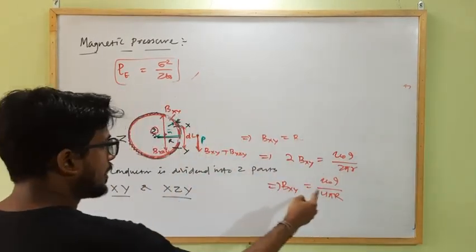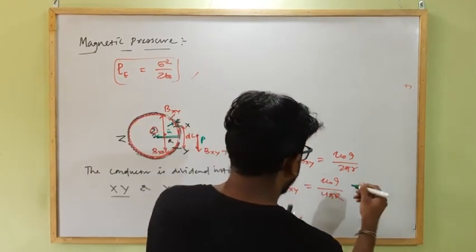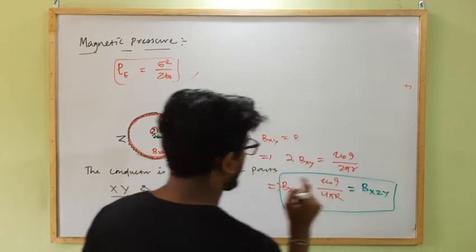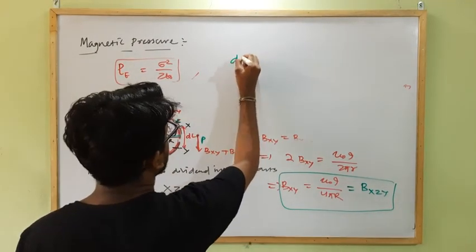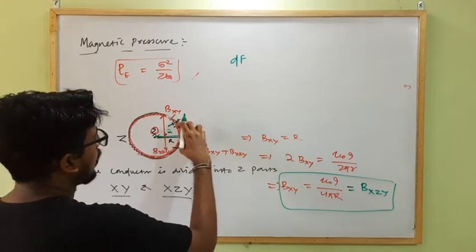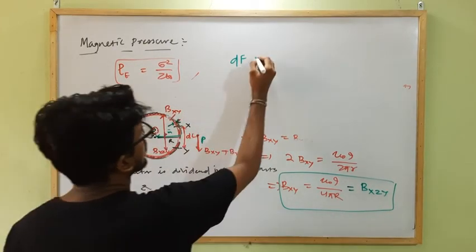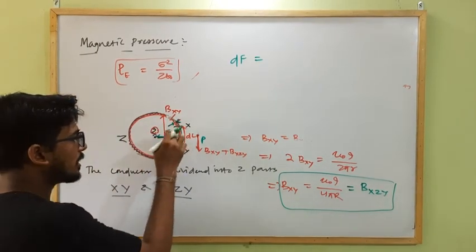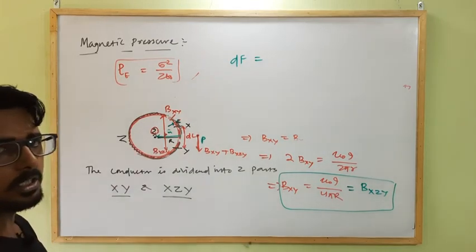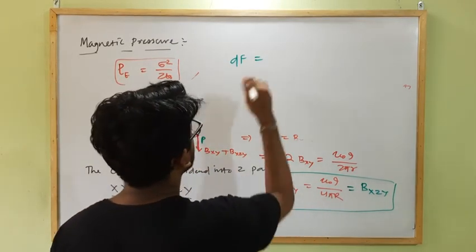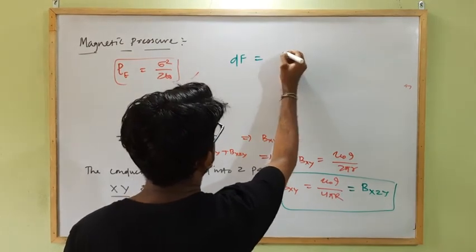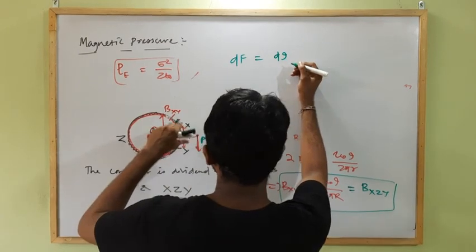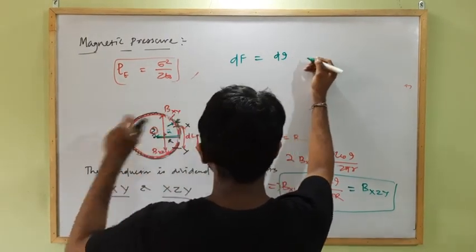So as this is Bxy, this will be the same as that of Bxyz, Bxzy, because both are equal, so they will have this much field strength. So what will be the dF acting on this small segment of length dl? The dF force on a current carrying conductor will be the magnetic field strength at this point into the length of this current carrying conductor into the current flowing through it. So dF equal to I, that is di, the amount of current flowing in this small segment, into the length, if this is the length, dl,